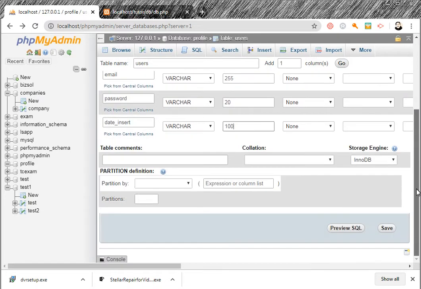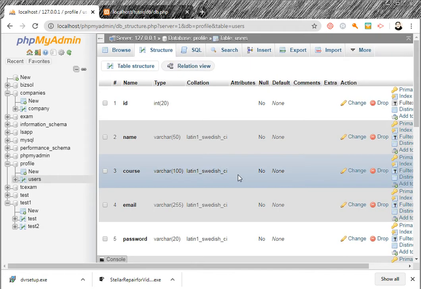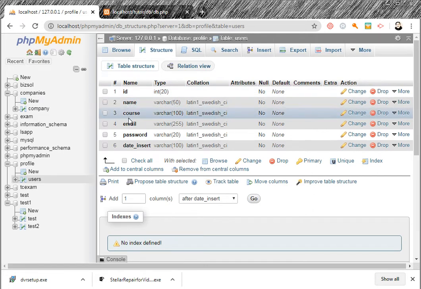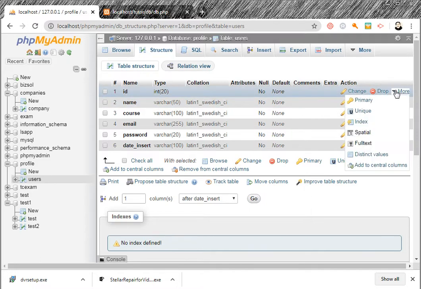Now I go to save, and I save it. Users has been created. Now if I change something, I have to apply it. This is the primary key, ID is the primary key.